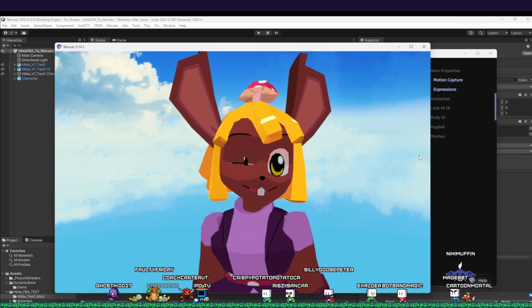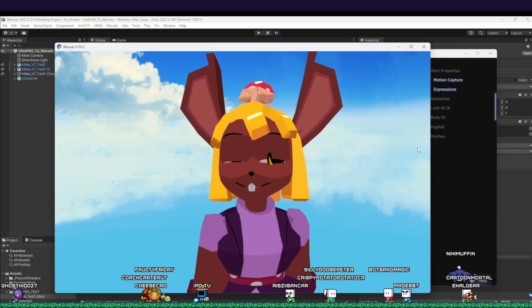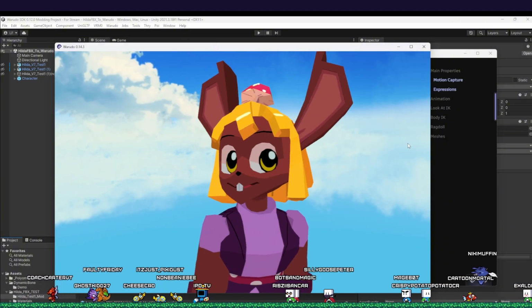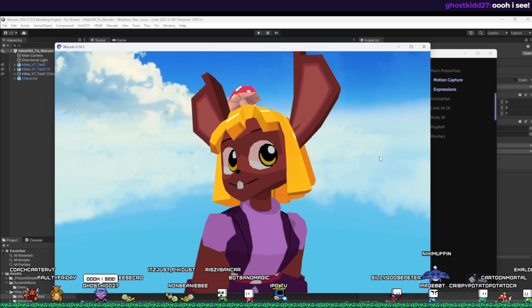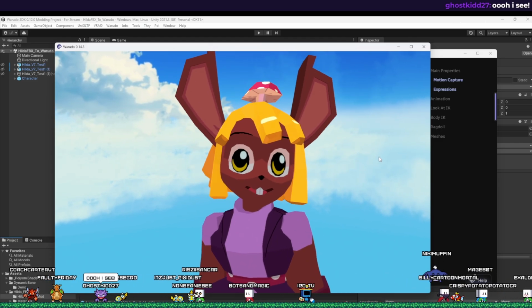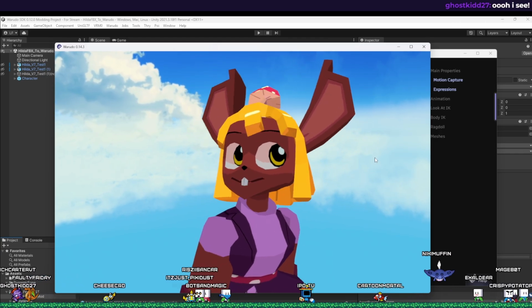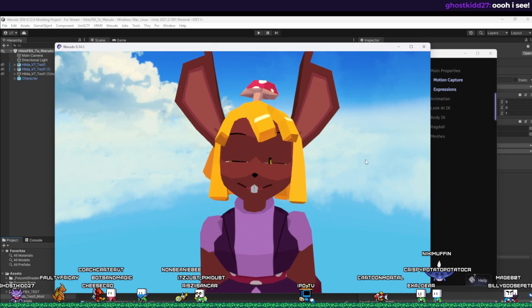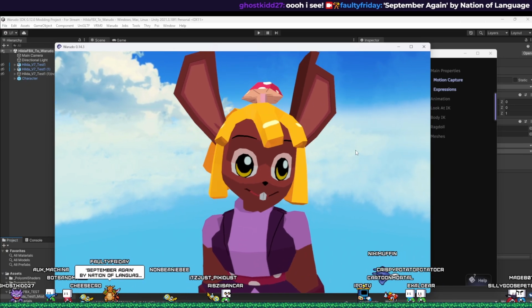And these are the kind of things that you find out when you're bringing the model in for the first time. There's some head clipping through the eyes a little bit too. Not too bad, but just a little bit. You can see it every once in a while. The hair kind of clips through the head in a way that's not ideal. You can adjust some of those things, and this is the reason I also like